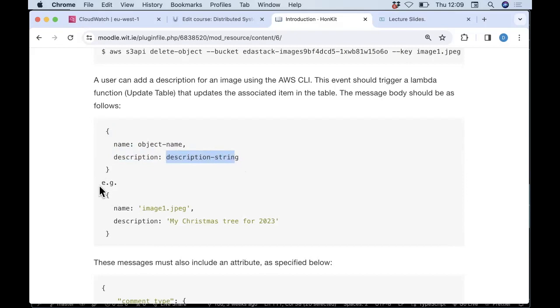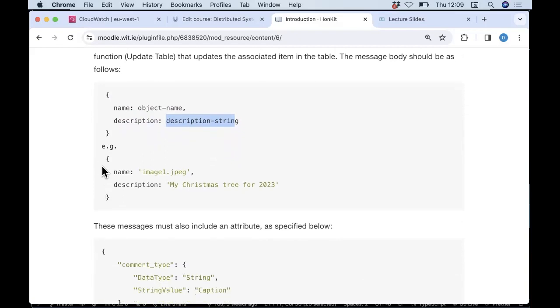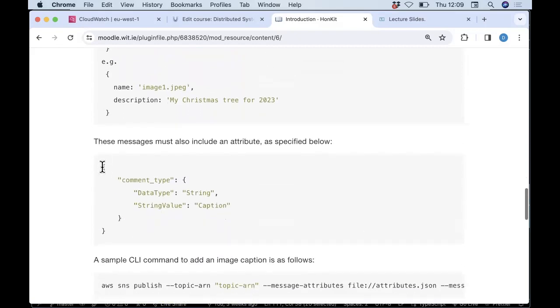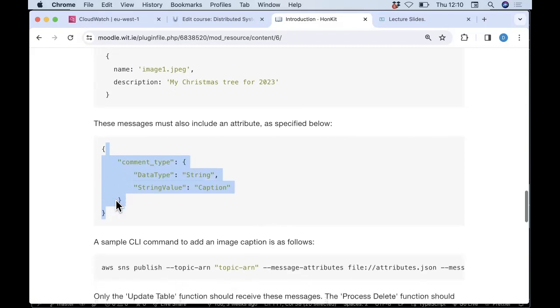The message as well will have an attribute, and where's the attribute? Here is the actual attribute, and I'm actually giving it to you. So you might cut and paste that into a JSON file, call it attribute.json, and then associate that when you publish a message to the topic using the AWS SNS publish command, which I think you've already done in the labs, or if not, I'm showing you how to do it